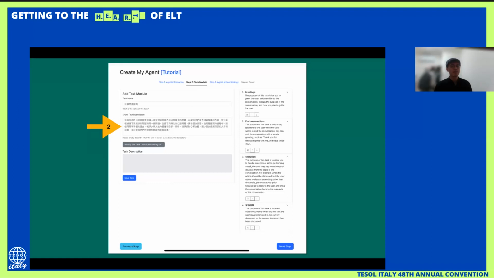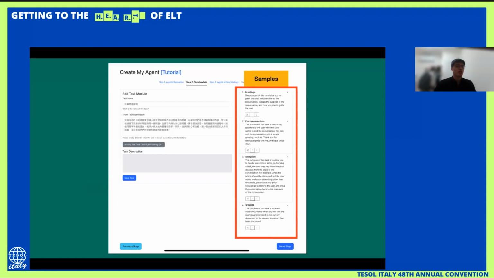However, if you don't want that, don't worry. You just keep it the same as what you typed inside the box. So after you do it, you say save text. So the text will be saved on the right-hand side, as you can see, for example. But if you are not satisfied, of course, you can just modify the text description using ChatGPT, and then save the text again.